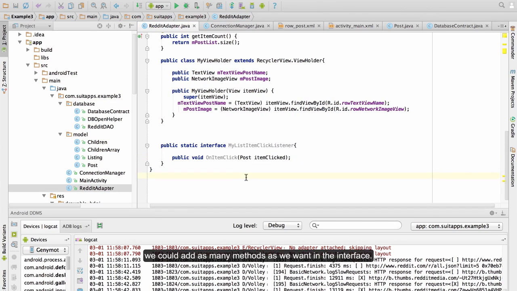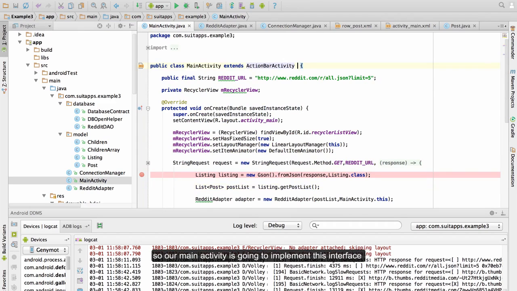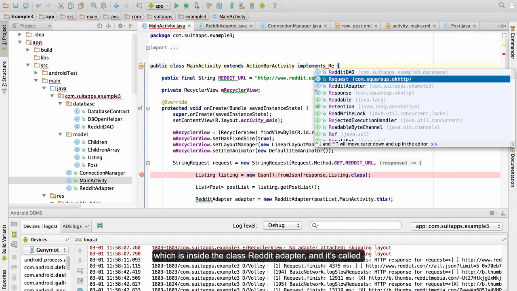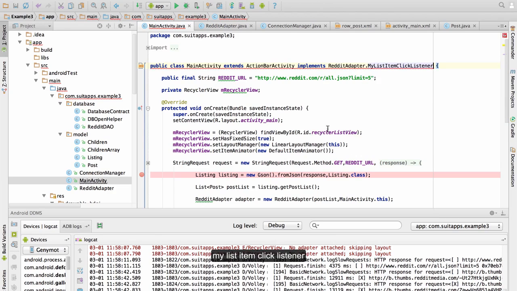We could add as many methods as we want in our interface. Now the class waiting for the events is going to be our main activity. So our main activity is going to implement this interface, which is inside the class Reddit adapter and is called my list item click listener.